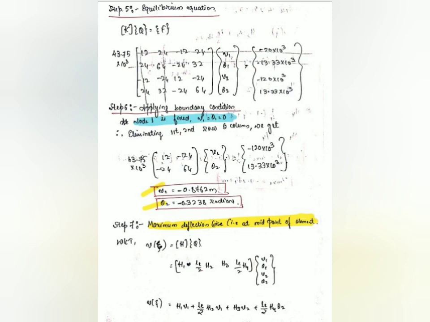Next is to find the maximum deflection. In this case, maximum deflection you will get at the center of the beam, that is at midpoint of this element. So we're writing as follows. We have xi equal to matrix H into matrix Q. This expression we already derived. Matrix H is nothing but Hermite shape function and matrix Q is a global displacement matrix. So H we are writing as H1, next term LE by 2 H2, next H3 and next term LE by 2 H4 and multiplying that with V1 theta 1, V2 theta 2. Multiplying both the matrices you are getting as follows.